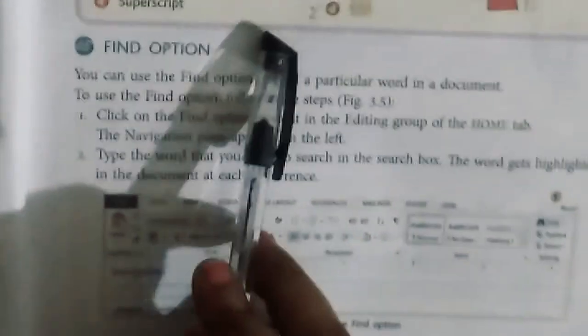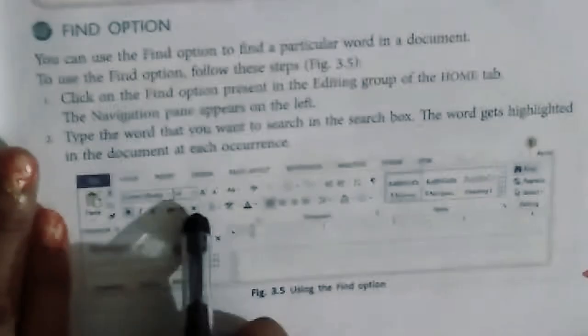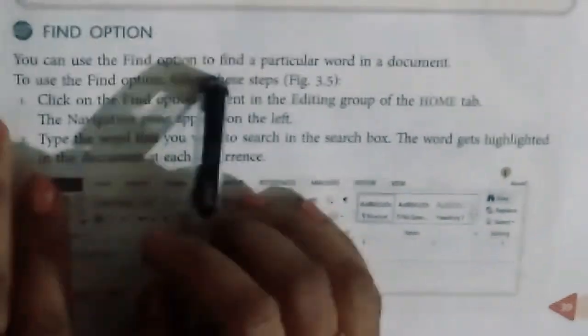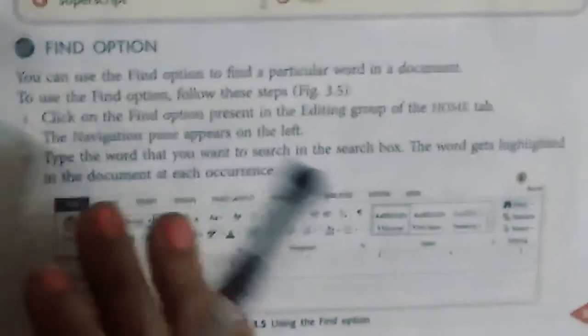Now move to the find option of Word. The find option is very important and very useful in Word. Children, you are writing some letter or essay in a Word document, a big long document, and you have given a name, hunter. You have written the wrong spelling, you don't know the spelling of hunter, so in all the places you have written the wrong spelling.